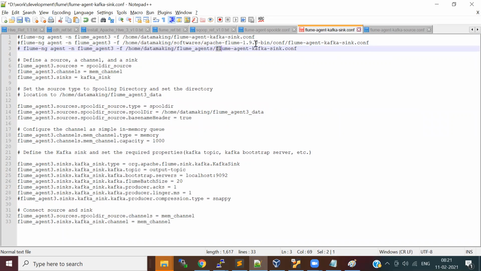As I mentioned, you can place your agent file anywhere, and you just have to provide the path from where you want to pick that file.